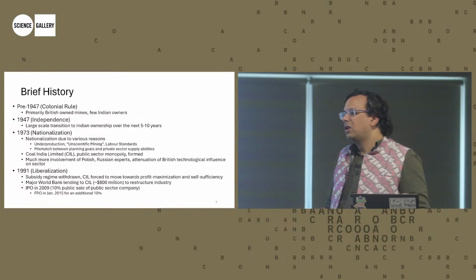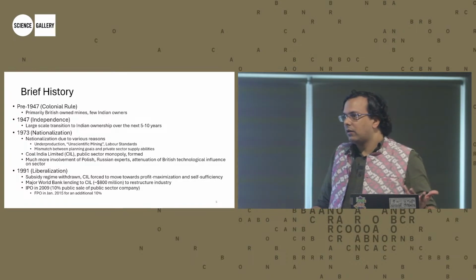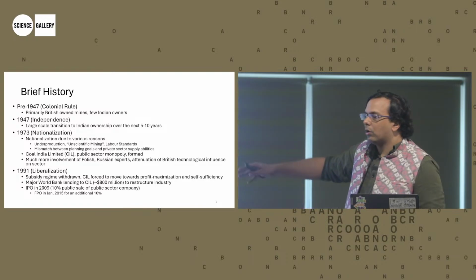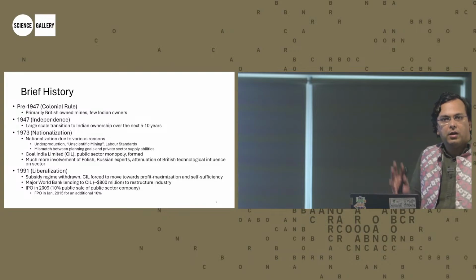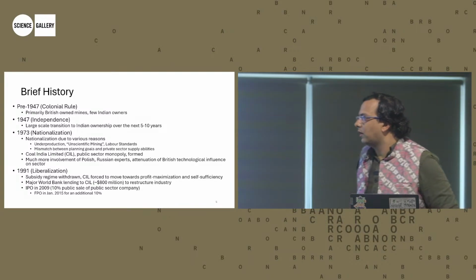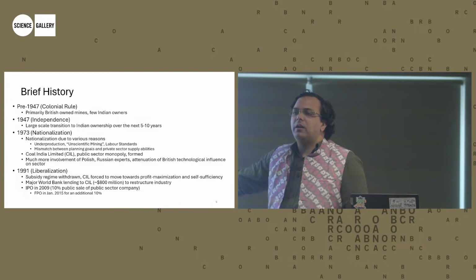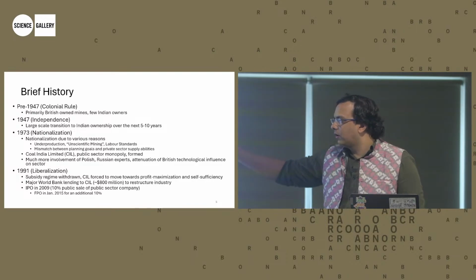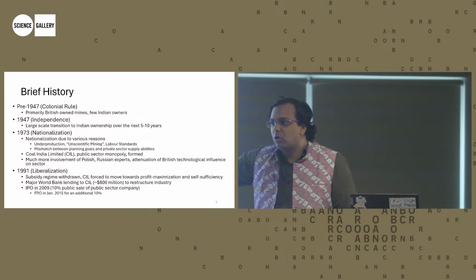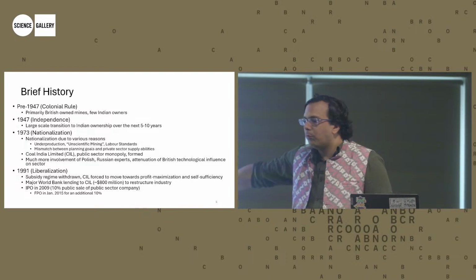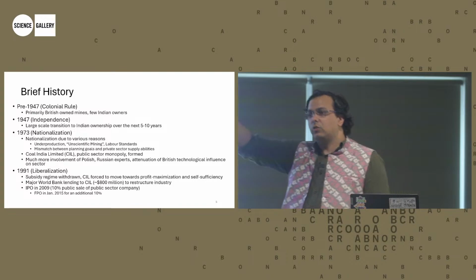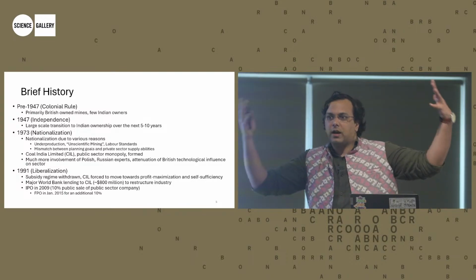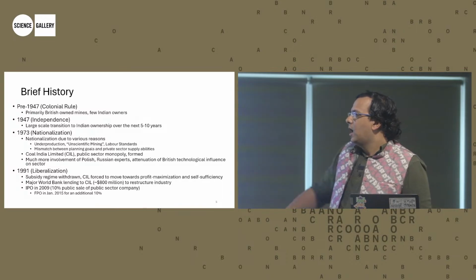It produces more than 80% of domestic coal at this point, and is basically more or less a public sector monopoly of sorts, although there's a lot of other things happening under the surface which I think are worth understanding. And this is a period where a lot of external expertise came into this sector, right? So whether it's with Polish and Russian experts, the attenuation of British technologies, underground mining started going away, open cast mining started coming in. In fact, you can see some of these in the exhibitions on the first floor, right? Kind of big strip open cast mines. I'll show you some pictures later.